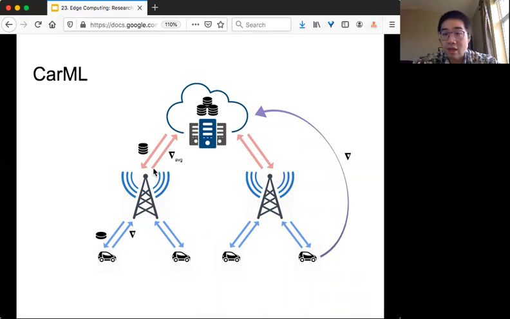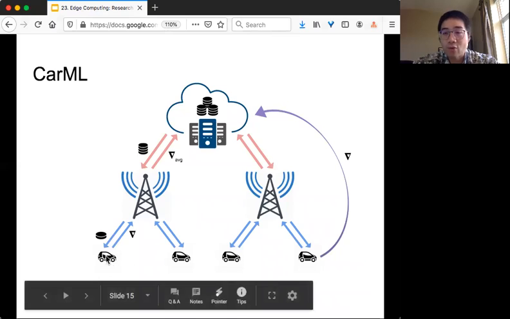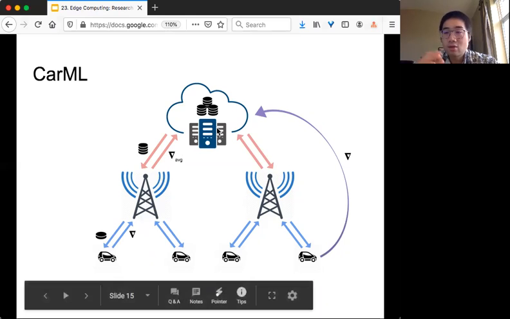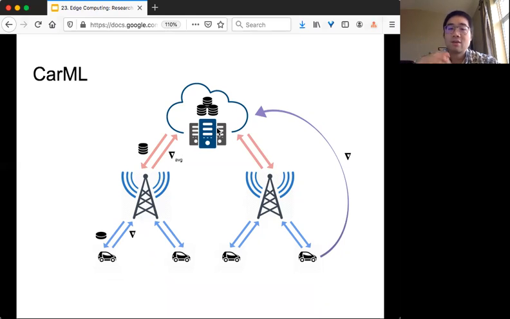So we design a system for the server to exchange data with vehicles, and vehicles can do local computation and pass the gradient back to the server. The server will update the model and do this again, to make sure the machine learning model finally converges to the optimal point.